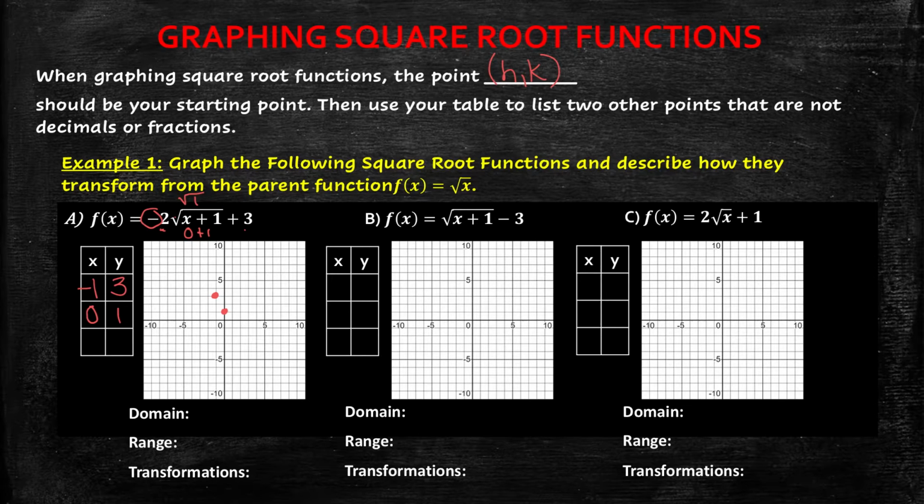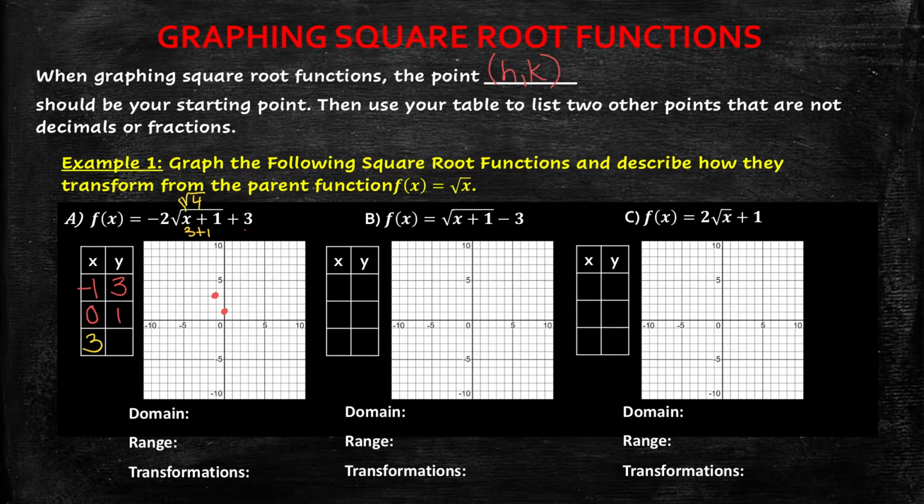Okay, let's also pick a value, but I want to pick a value that I can actually take the square root of. Because if I look at what's under my radical here, I have something plus 1. Well, remember, the next thing that I could take the square root of would be 4. Well, what value of x would give me a 4 under the radical? Well, I need this x to be 3, so that when I do 3 plus 1, I get the square root of 4. So let's go ahead and put a 3 in for x, and now let's figure out what